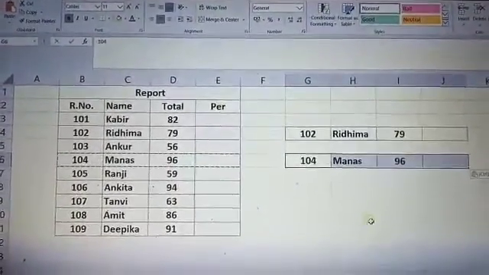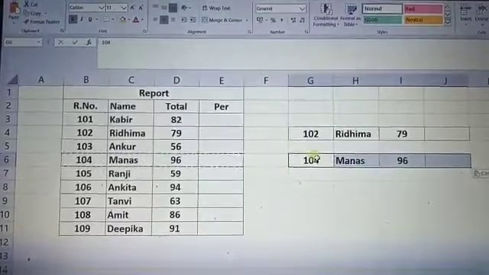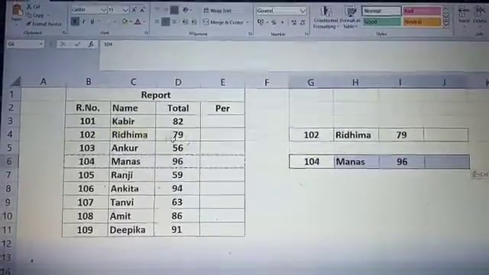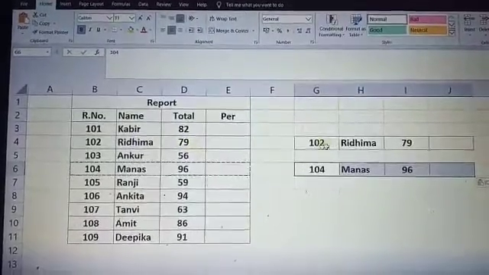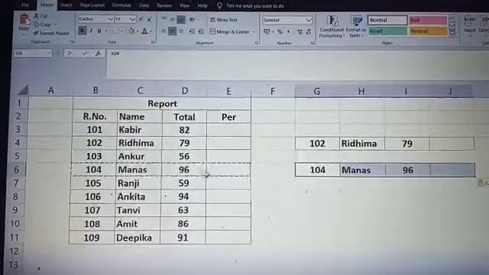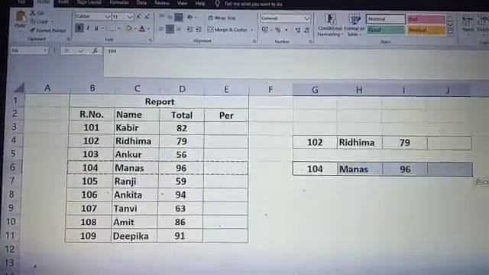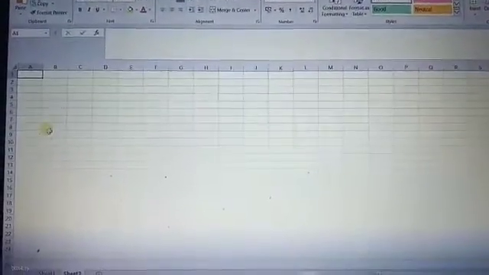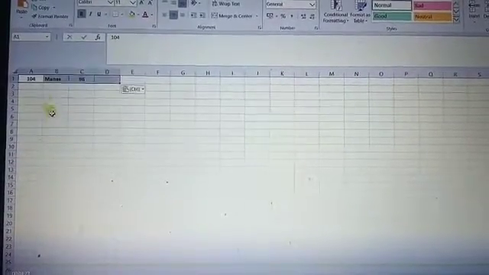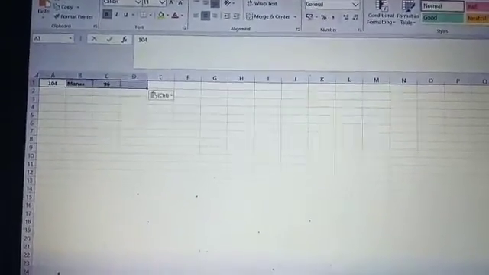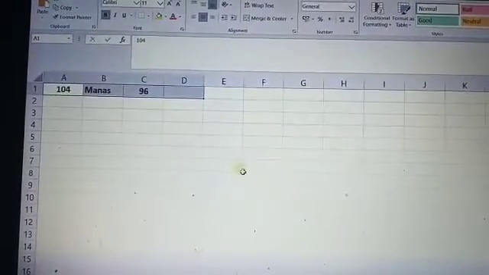Again this is the copy operation only, and duplicate data is created. 102 Ridhima 79 is repeated on the same sheet, and again 104 Manas is repeated on the same sheet. We can also add a different sheet and perform the same operation, right click and paste, and the data will appear on the next sheet also. So we can perform the copy operation either way.